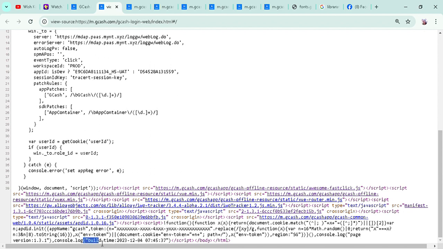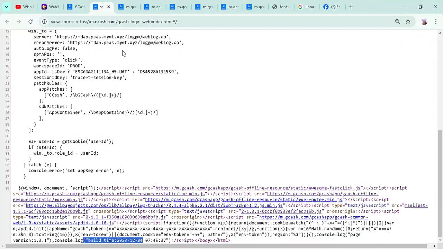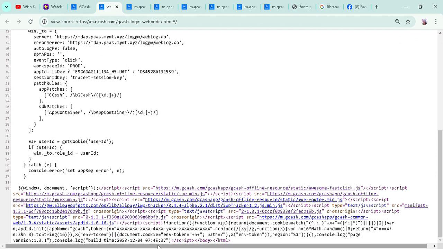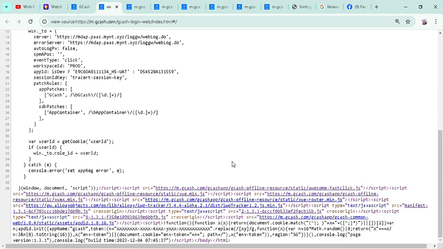So the build, December. So they can change the version of the C++ language. Okay, wait, they use this one, and the time is 7:45:37. Of course, the developer uses it.